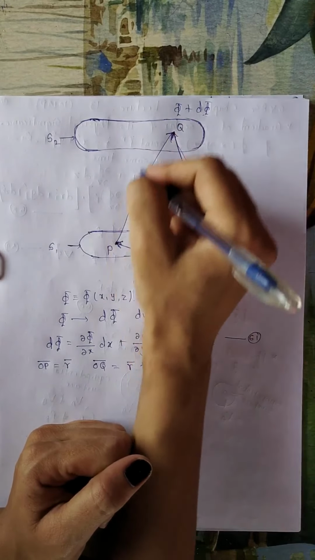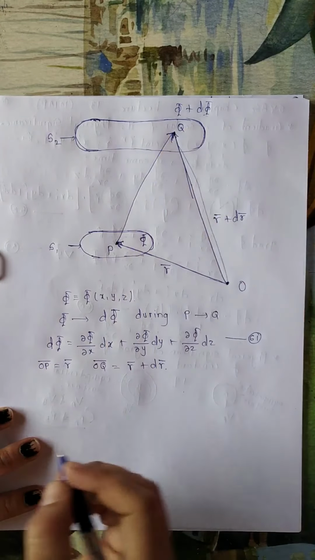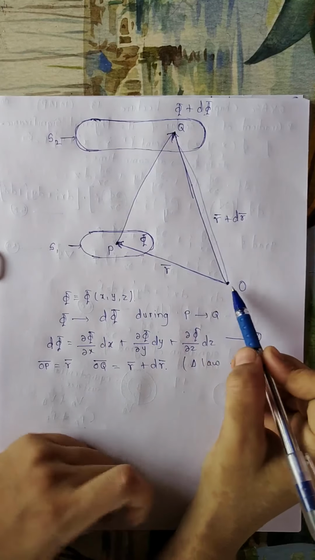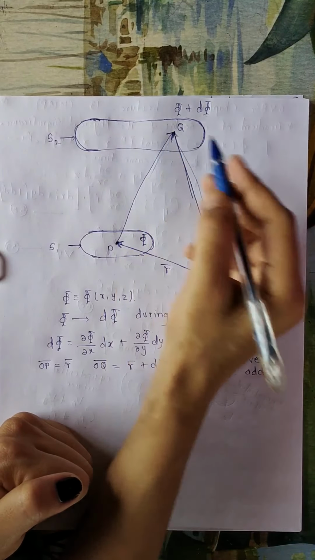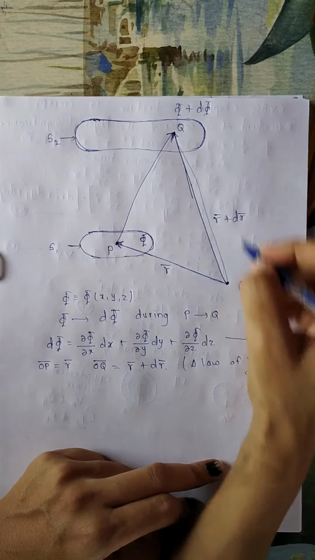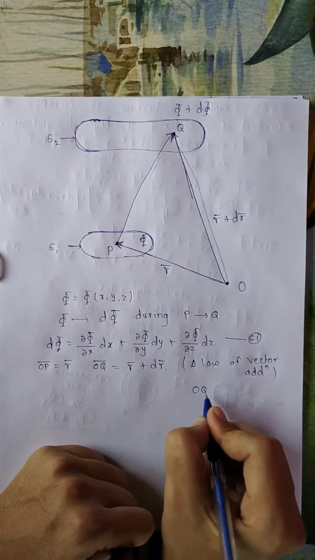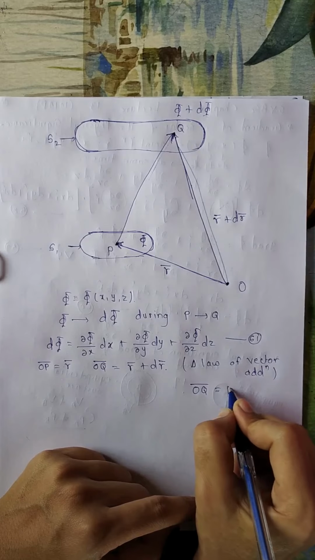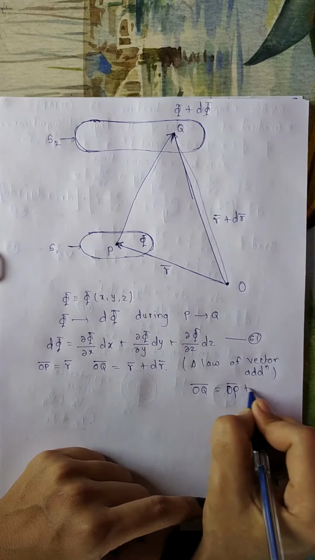So here we can apply the triangle law of vector addition. What is the triangle law? If you observe here, these two vectors are in the same direction, in the same order, and the third vector is nothing but the tail of the first vector to the tip of the second vector. So this will be the diagonal, meaning we will get OQ bar is equal to OP bar plus PQ bar.